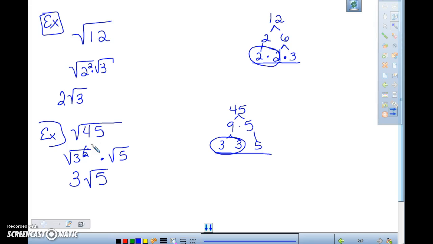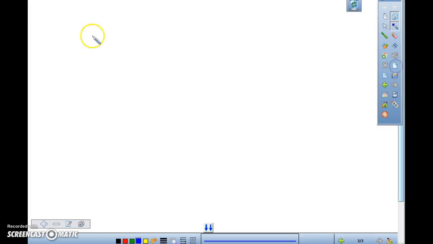What if it's like 3 cubed or something like that? Will it ever be like that or no? Well, we're looking for doubles. So let me think of one. That's a good question. I've got to make it work out though. You want one that would be like a cube. So let's do